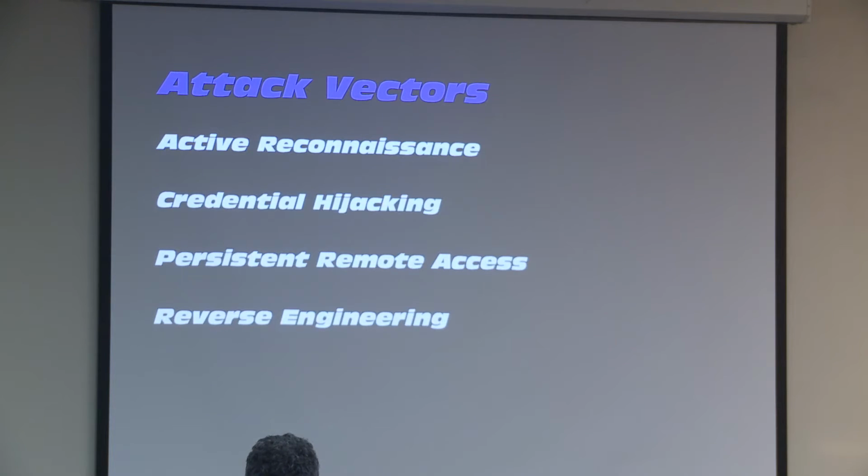The attack vectors are not necessarily any different from other attack vectors, but it's just a little bit different context because we're talking about cloud and how AWS enforces this. So we'll start off with some active reconnaissance. I started tinkering around with Lambda and saying, what kind of code can I execute? What can I do? Where can I write? Where can I read?